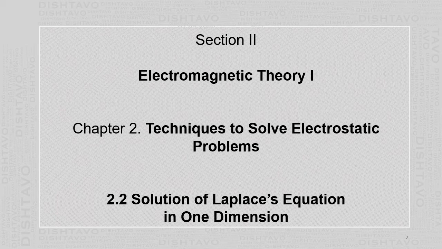In this lecture we'll find the solution of Laplace's equation in one dimension. That means Laplace's equation is a second order derivative of the potential, and in any coordinate system potential depends on three independent variables. Now we'll take the case where the potential depends on only one variable. So this will be obtained by finding the solution of Laplace's equation where the potential function depends only on one independent variable.